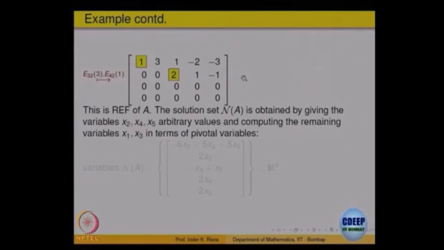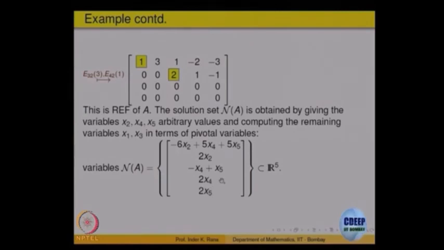So, let us do that. My general solution looks like this, when I do the backward substitution. The last one gives the solution in terms of x5 and x4, and this is the solution. So, what are the variables which are free? x4, x5 and x2, the non-pivotal ones. In terms of those, I find all the other values. So, this is the null space.